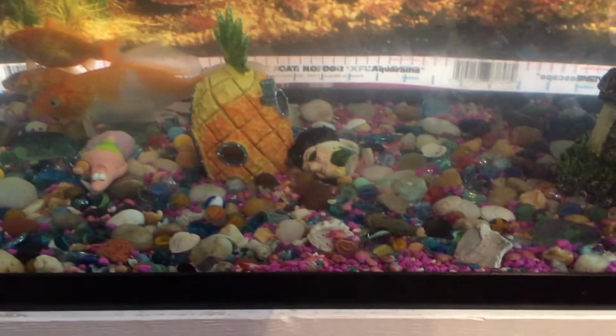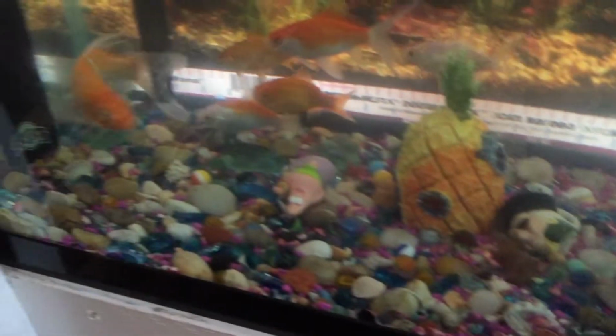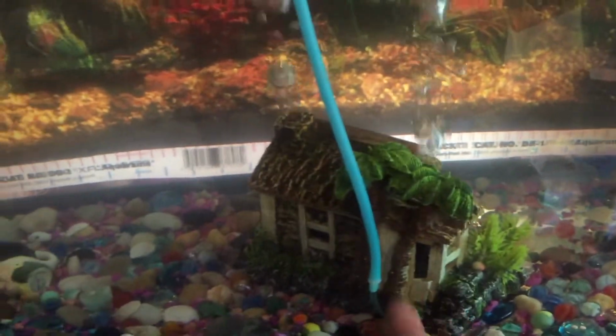But I really got rid of a lot of this gravel, because when you clean the tank out, and when the system itself is running, you just don't want stuff to float around to where it sucks up inside of your filtration system. And I've run the pipe all the way to the bottom, and you'll see big stuff floating all through there. But of course, with the aeration little thing there and little palm tree,